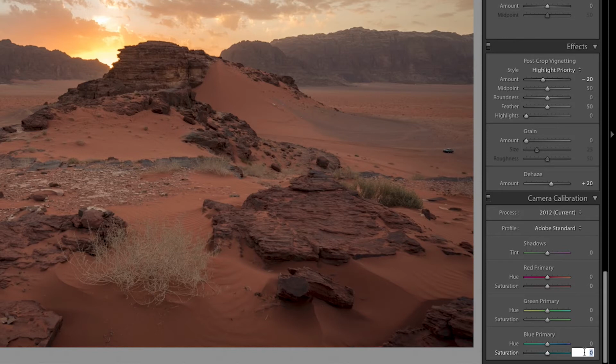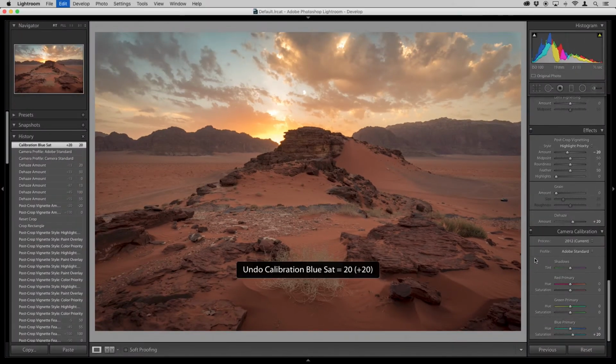So for this image, let's just give it another 20. If I'm going to take this image and try undoing and redoing, as you can see, it's a very subtle change, but it's actually affecting all of the colors. It's not just touching the blues, it's enhancing the blues, but it's also taking all of these colors and giving them a slight boost. So I don't go crazy on this setting. I'll go maybe maximum 20, 30 sometimes, depending on what I'm working with, but give it a try. It might be a cool effect to try.